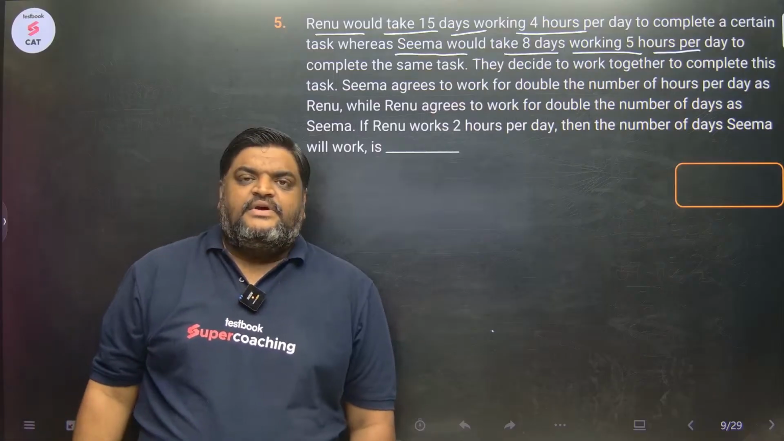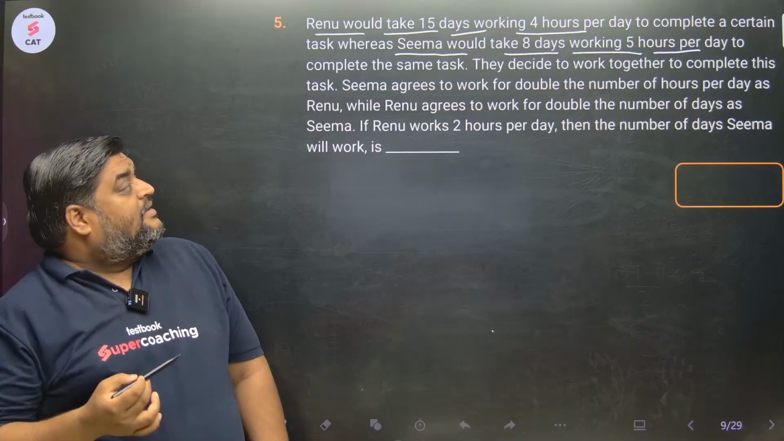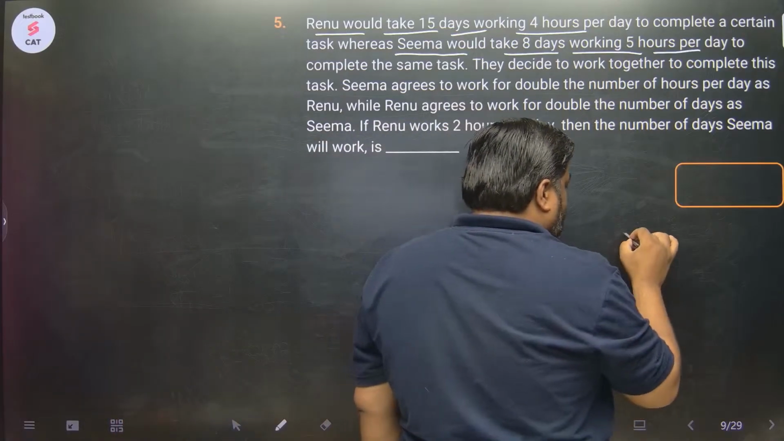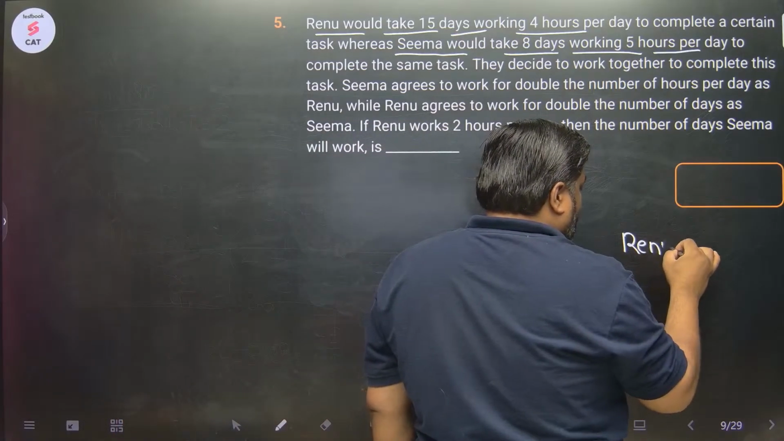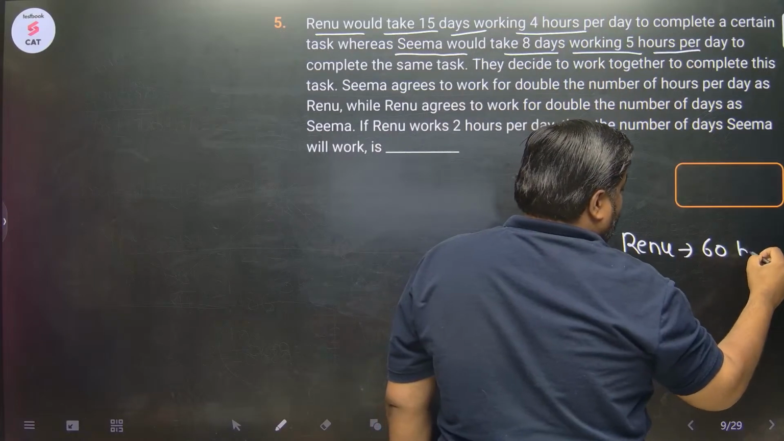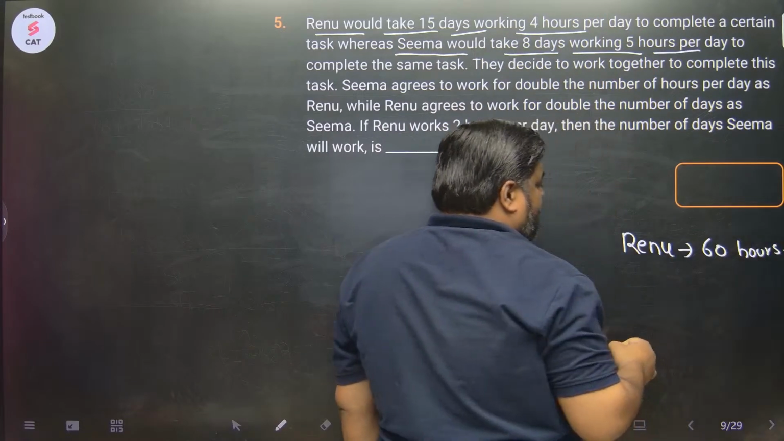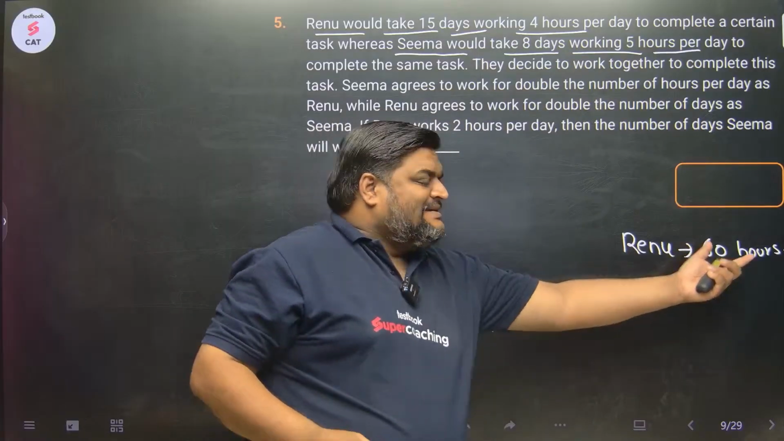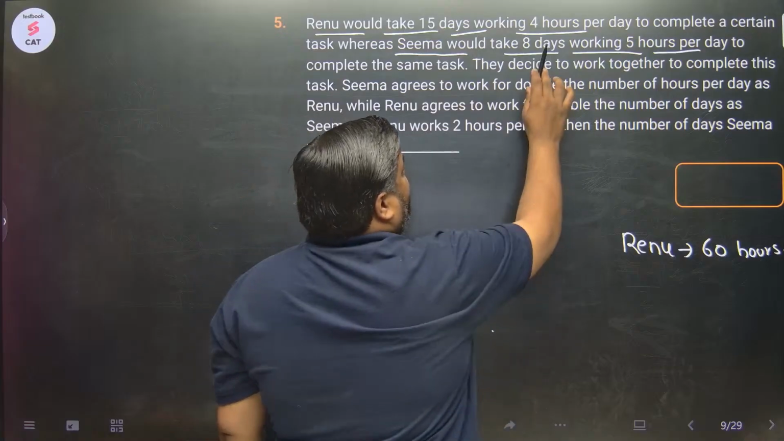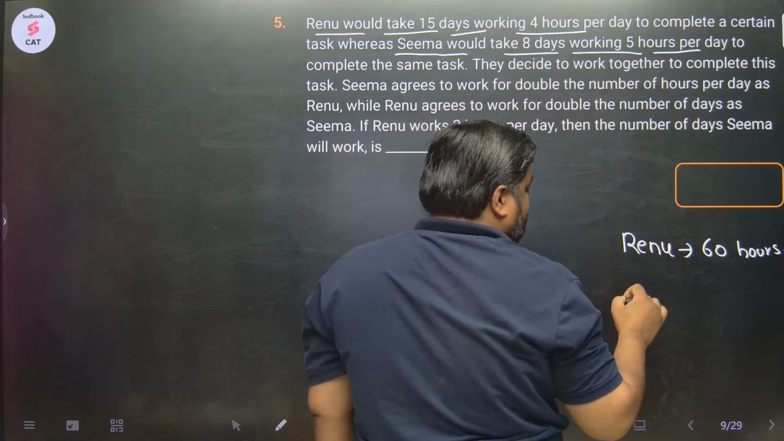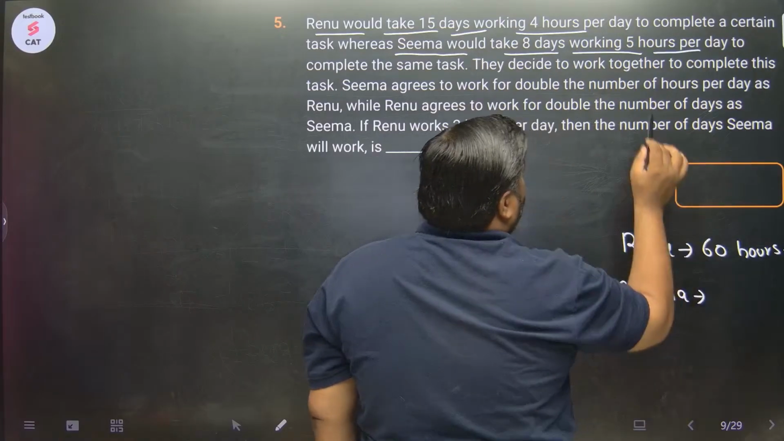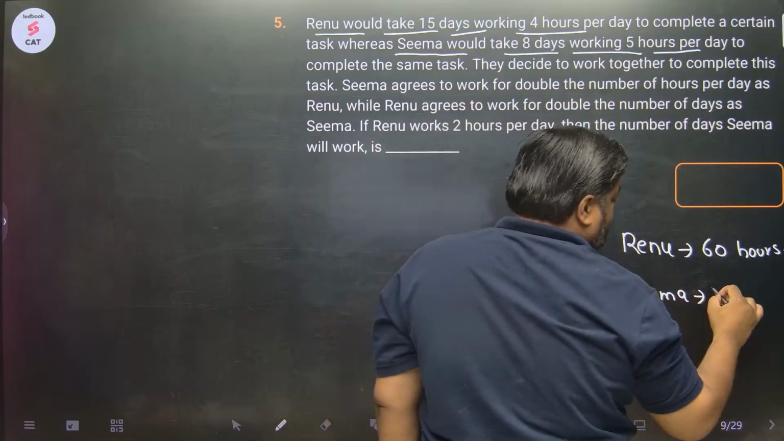Renu can complete a working 4 hours a day in 15 days. So Renu को total time कितना लगेगा बेटा? Renu is going to take 15 into 4, 60 hours to complete the work. Similarly, Seema would take 8 days working 5 hours a day. तो सीमा को क्या टाइम लगेगा? Seema will take 8 into 5, 40 hours